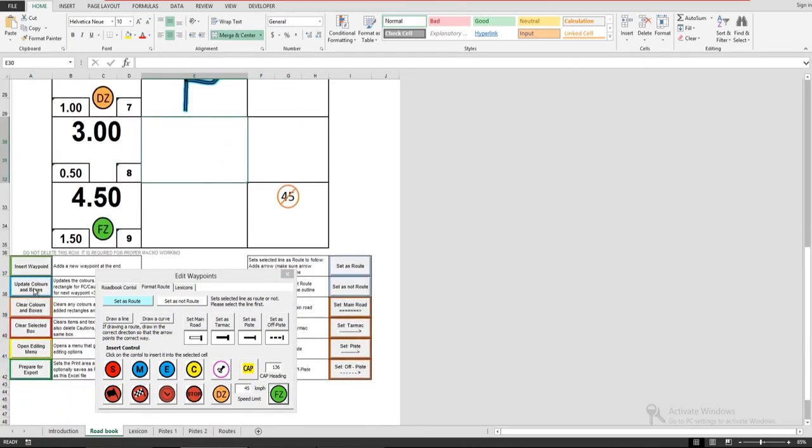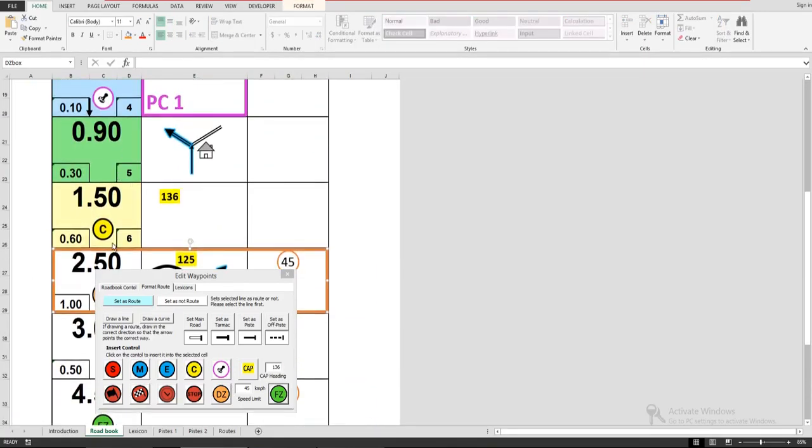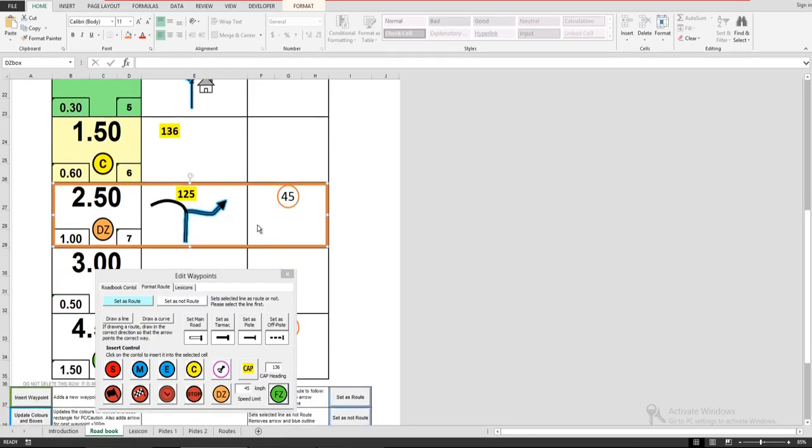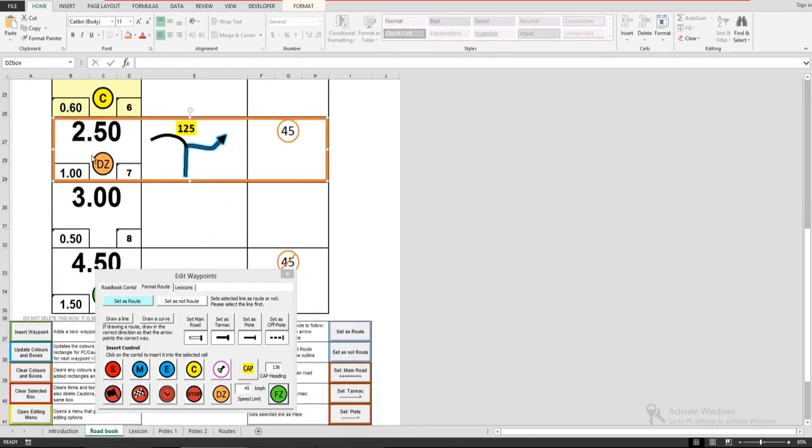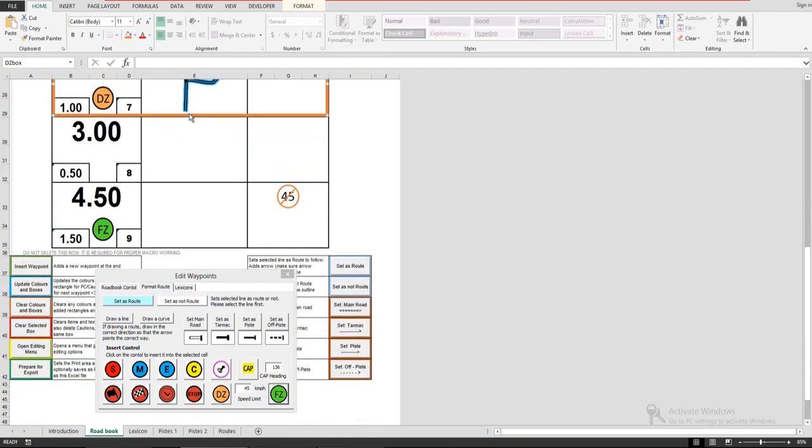With this, for example, if you update colors and boxes, you see that the different controls have their colors changed, but the DZ box, the orange box, is only on the DZ. You need to manually extend this up to the end of the FZ because Excel cannot automatically find out where this zone ends, so this needs to be done manually.